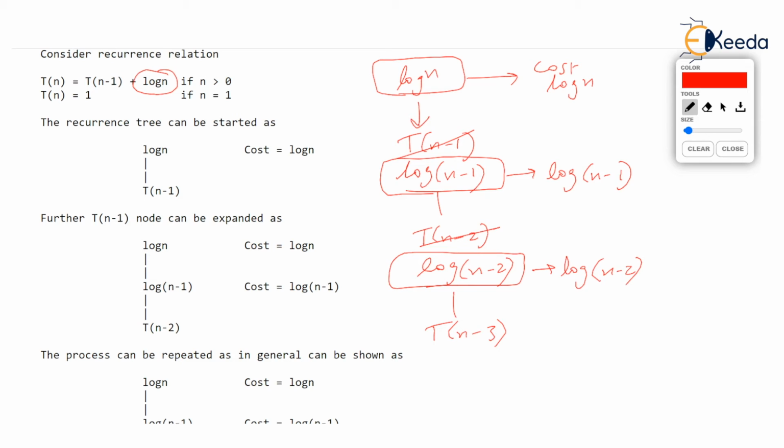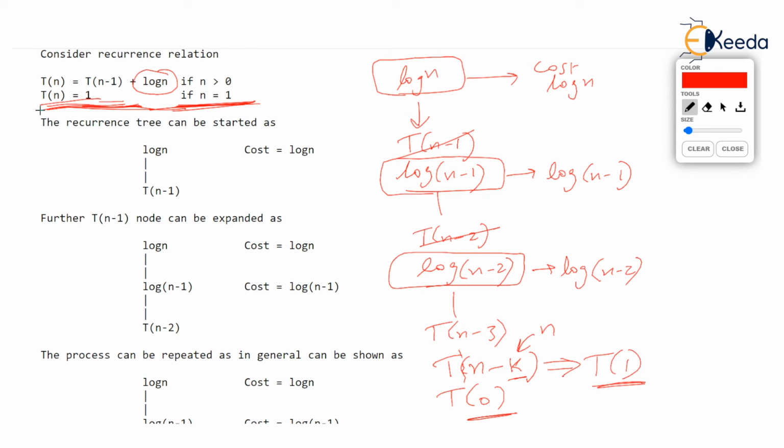Now surely, this recursion will stop when we get T0. But when are you going to get T0? When T(n-k) here, this k will become n. Only then we will get T0, isn't it? Watch out that here I have taken the base case. Just check what I am underlining. I have taken the base case as T(n) is 1 if n is 1. That means the base case is for n equal to 1. So basically, T(n-k) should tend to T1, not T0 this time, because T1 is known by us.